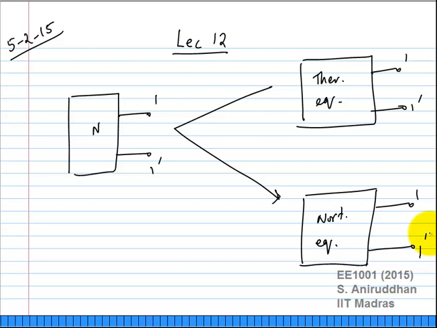You excite some other unknown network N1 with either the Thevenin or the Norton equivalent, you will get exactly the same state inside N1. The voltage and current states of this will also be identical. However, note that, as she pointed out,